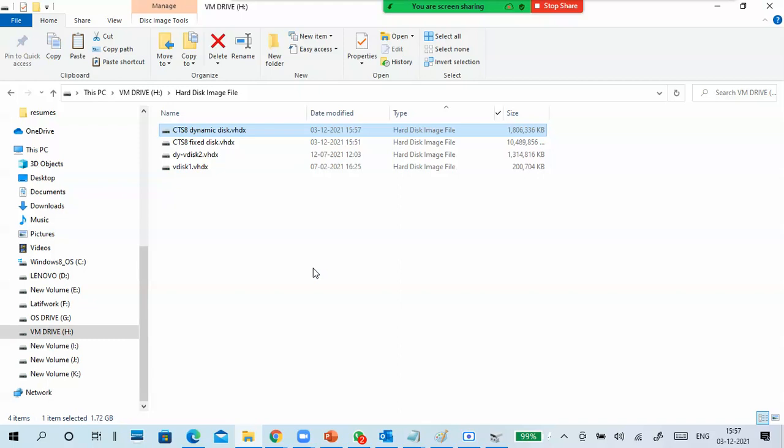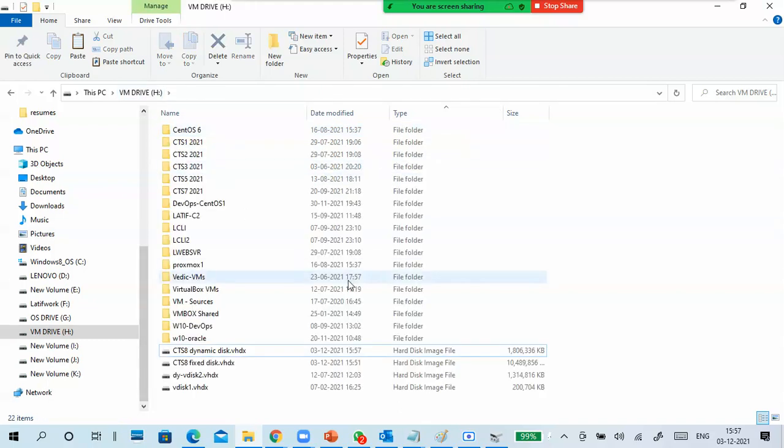If you gave a 10 GB size, up to 10 GB we can store. If you put a 20 GB disk, up to 20 GB we can store. The only important thing is free space must be available in your physical drive, so you can put data into your virtual hard disk.